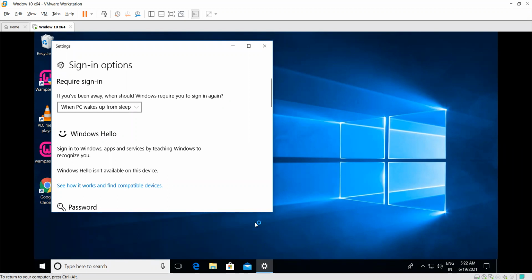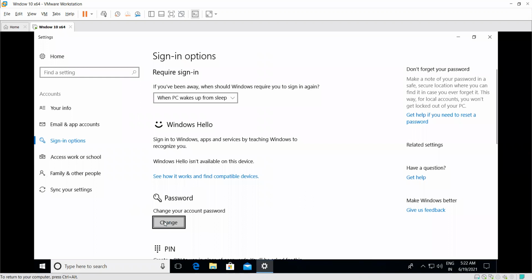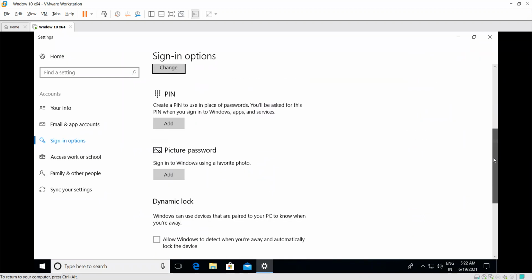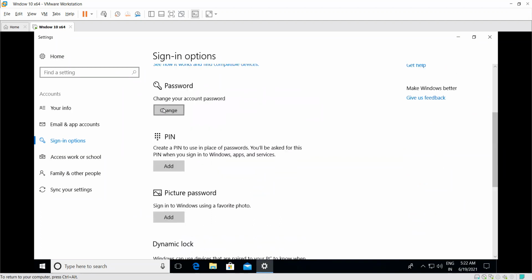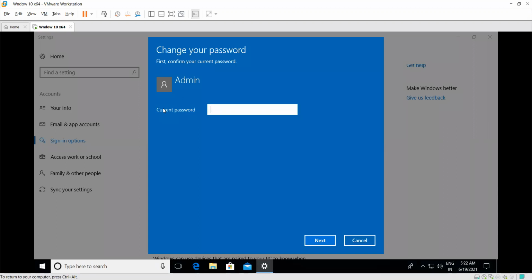After that, it shows you the details, like you can change the password or change the PIN. There are multiple options available. Just click on Change. After that, it is asking for the current password. As you know, guys, as an investigator, if you are seeing that system for the first time, how do you know the current password of the system? That is not possible. So using that procedure, again, you cannot change the password properly.